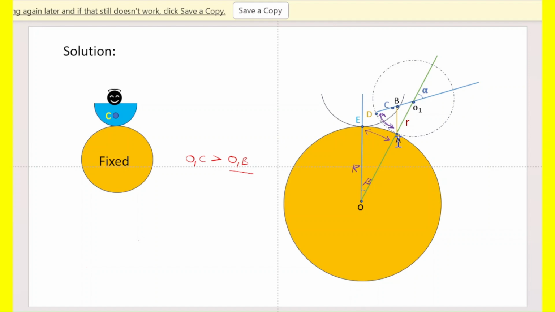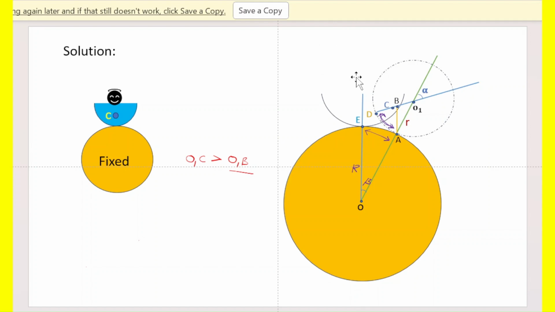Draw one perpendicular line AB from the point of contact A in the rolled position. Here point C is to the left of the vertical AB line. Then automatically this hemisphere will come to the equilibrium position. Why? The center of gravity is to the left of AB, therefore the moment of the center of gravity with respect to the point A, the contact point, will move this hemisphere to the original equilibrium position